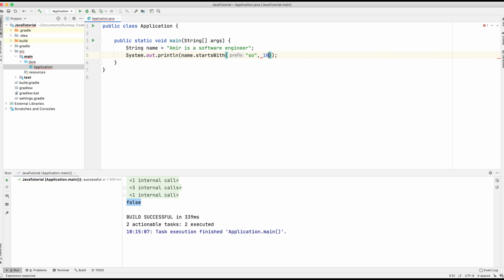So if we set our offset to 10 and run the application, it prints out true because we've set our offset as 10. So we're saying we want to start from this point in the string, and we want to check that it starts with a specific